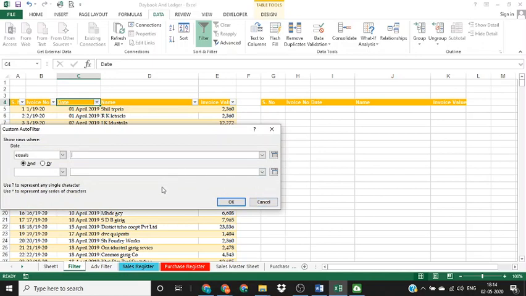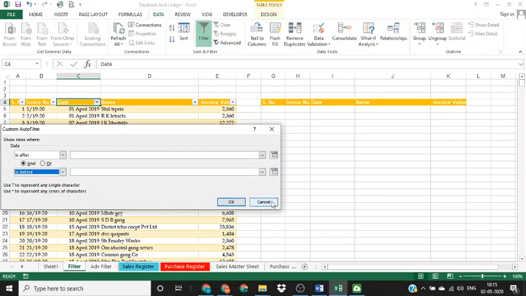So let's say if you want to see data on a particular date, then you can enter that particular date. If you want to see data before a particular date or after a particular date, accordingly you can choose the option from here. If you want to see data in a particular range of dates, then you can select the option for after a particular date, and then you can select before a particular date.